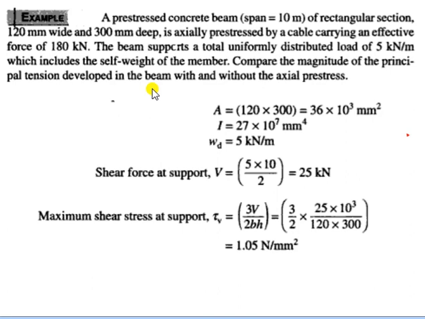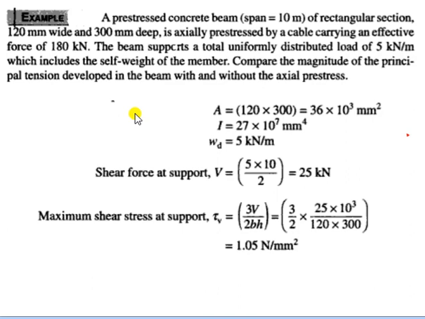So this rectangular prestressed concrete beam is axially prestressed by a cable, and this cable is carrying an effective force of 180 kilonewton. So here axially prestressed means the prestress is applied in horizontal direction, that is f of x, and the cables are carrying a prestressing force of 180 kilonewton and it is an effective prestressing force,